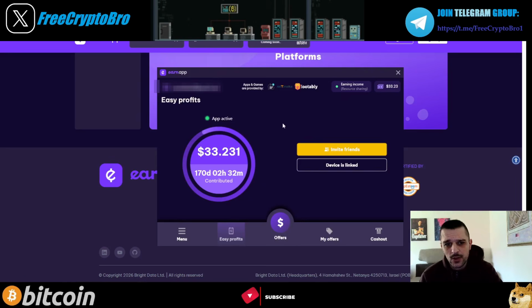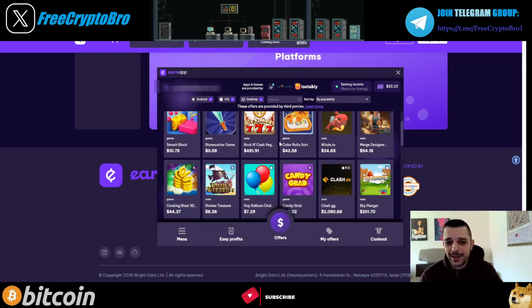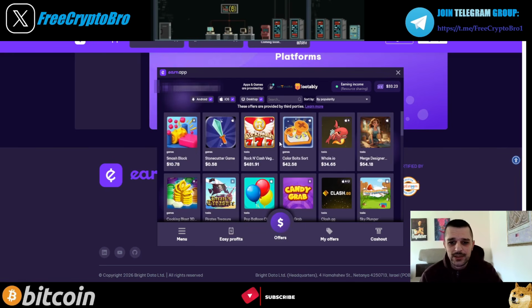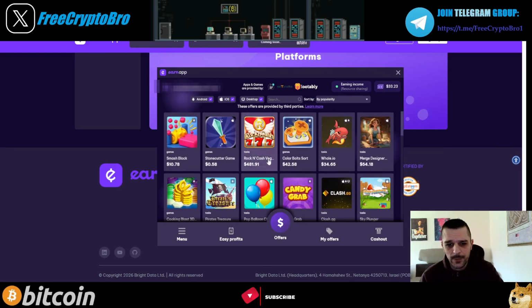So once you install it, it will appear in the corner like this. Very simple, very easy, okay? You just have to turn it on and you can start earning. So recently they have also added the classic offer wall offers, okay? So these are the classic, you know, you can install these apps, play them on your phone, you will get paid for whatever level you complete, or I don't know exactly how this works. I'm not a big fan of these, but okay.